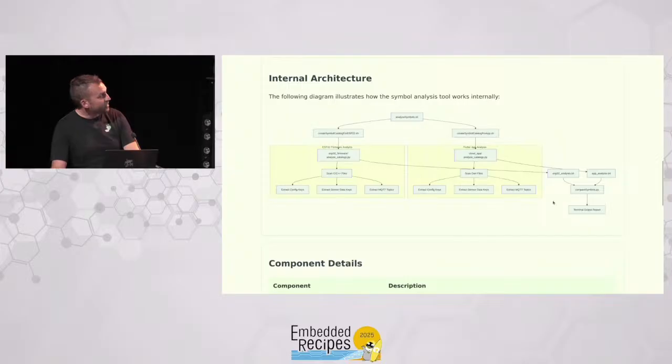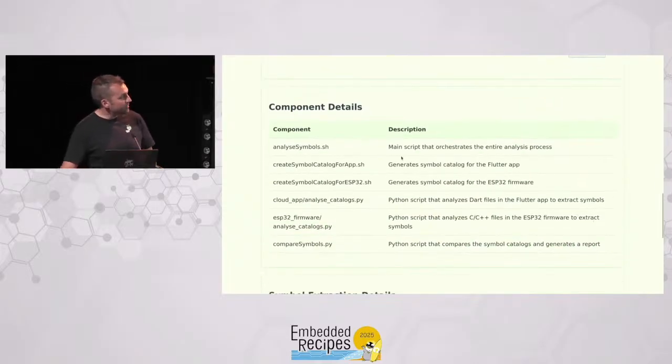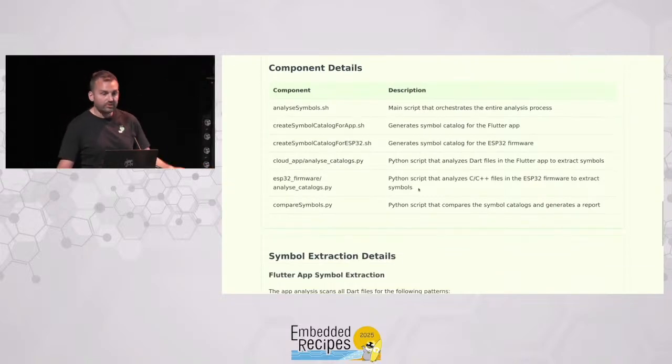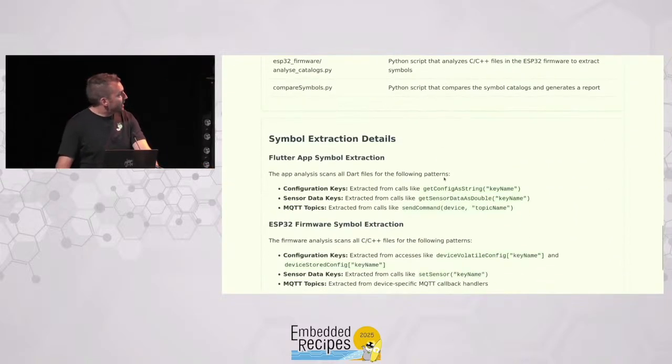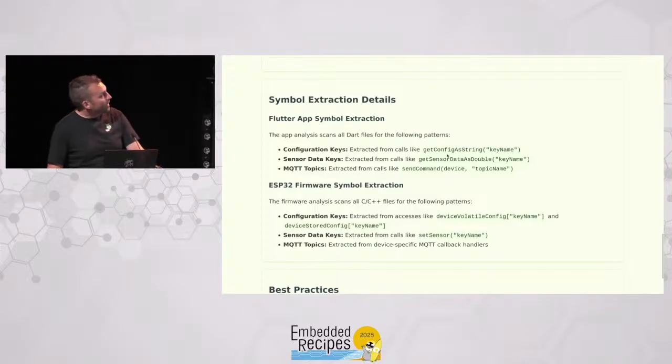Then we have the internal architecture of the tool. Analyze symbol calls different Bash scripts, which are also calling Python scripts, which are scanning for C++ files, how it's working internally, the outputs of these different tools, then comparing the different outputs from each tool and generating the terminal output report. And then you have a comprehensive overview of each and every file used for this tool, with explanation for each case, and what the tool actually does internally, how it's able to find those differences